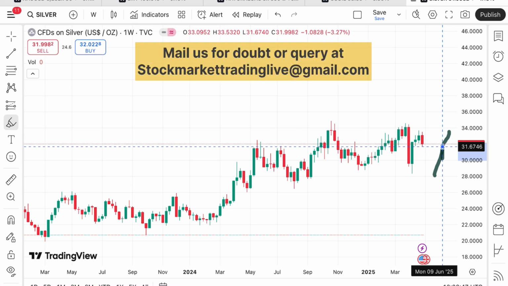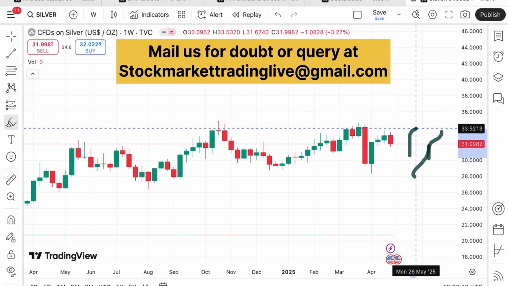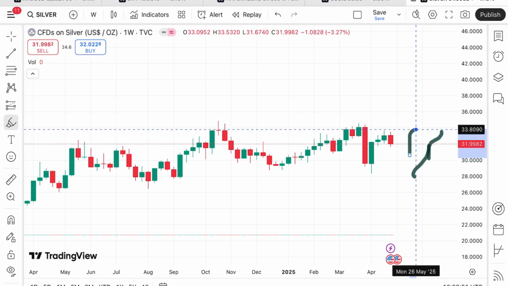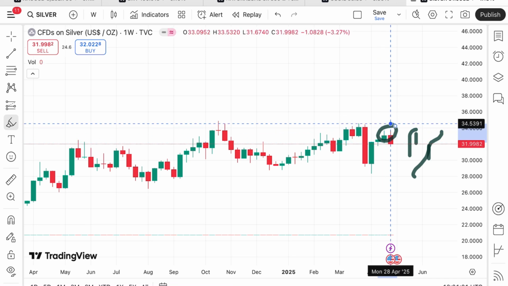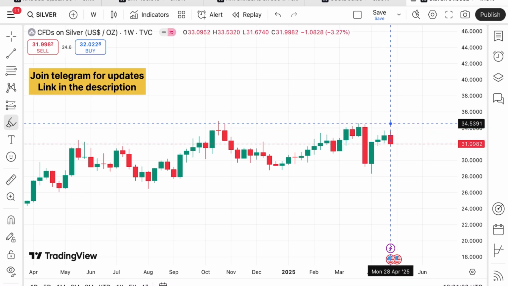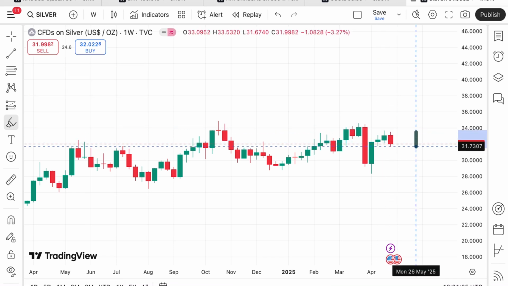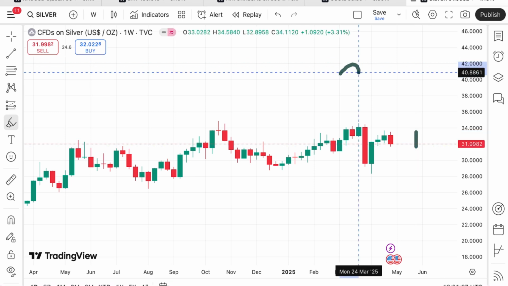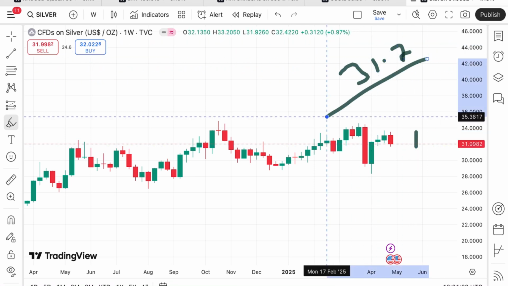Around a $2 movement we have seen, but in the previous 2 weeks it made a high of around 33.7 and from there a low of around $32.1. Now the price has come down because we have seen profit booking at this particular level. Looking at this chart, chances are high if the price starts falling below a level of 31.7, there is